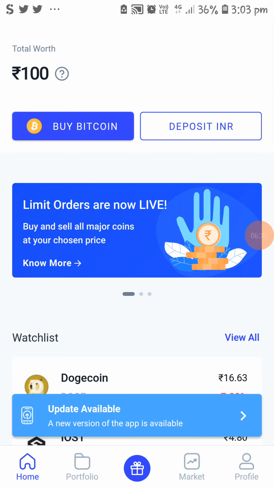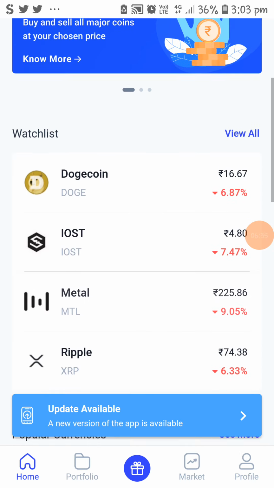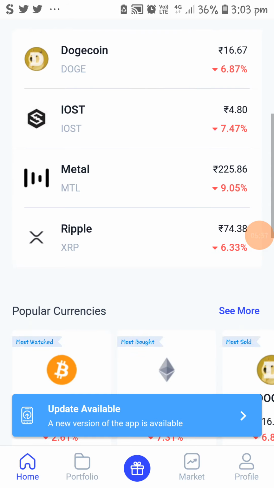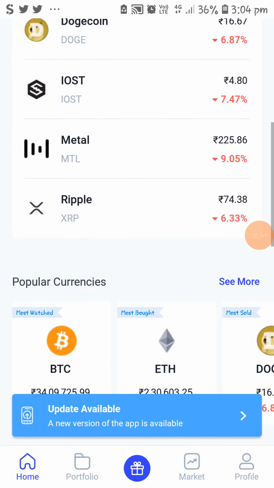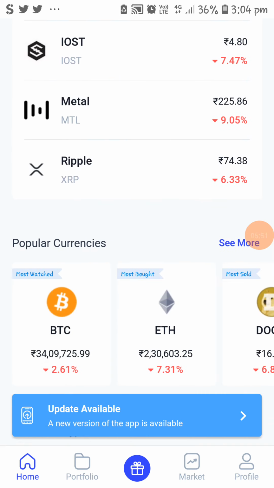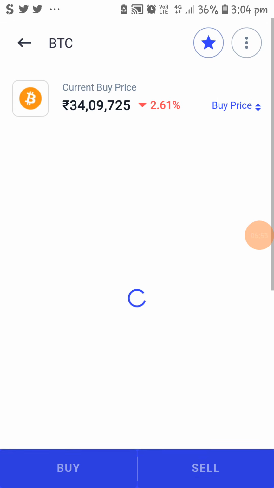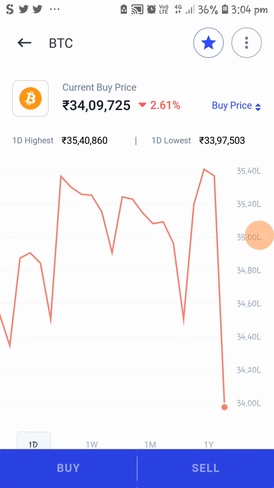I think Bitcoin and all the high volume currencies are not that safe, but other currencies like Dogecoin, Metal, Ripple are okay, believable, and you can invest a small amount in this application also. For example, today I am going to buy Bitcoin worth 100 rupees only.